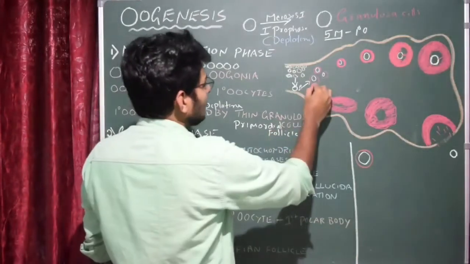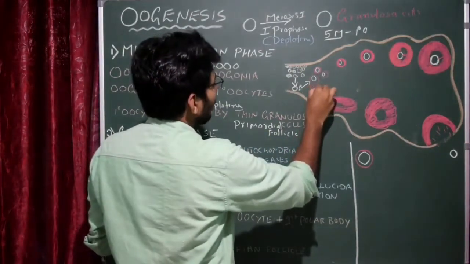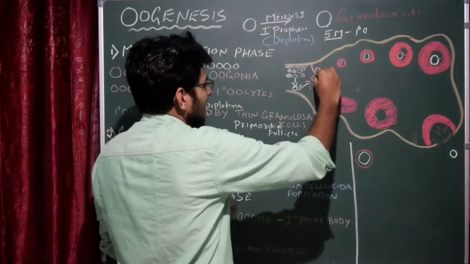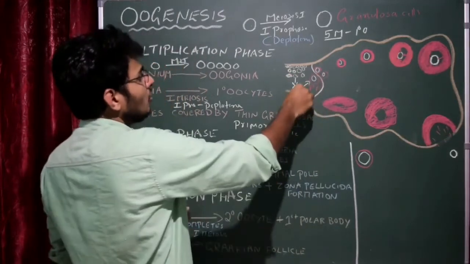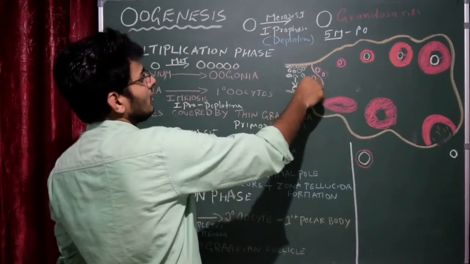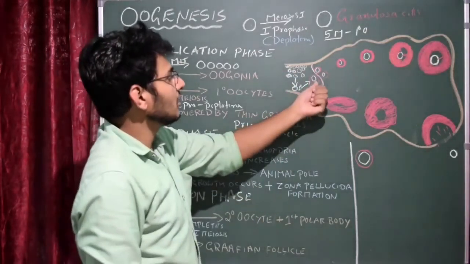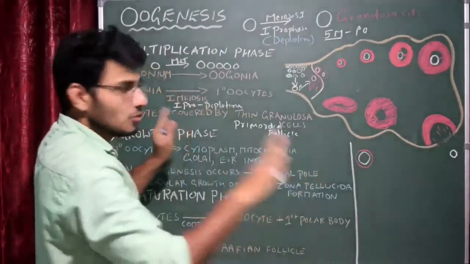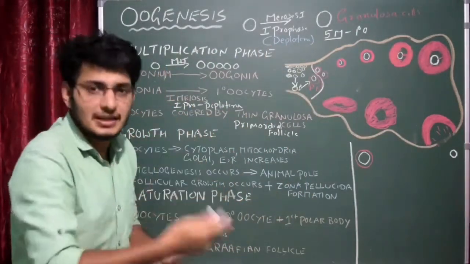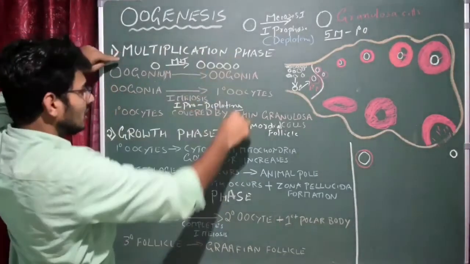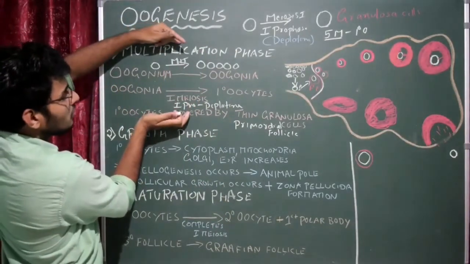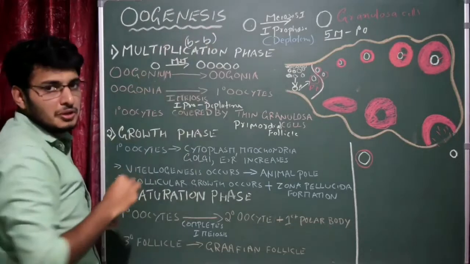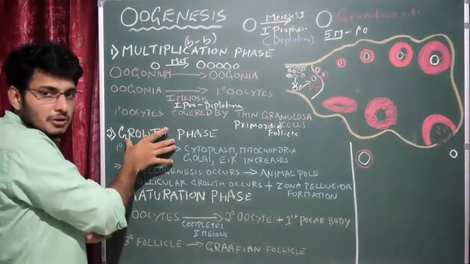So this is now the primordial follicle. I'll separate it. Here I have taken one primary oocyte and one primordial follicle. That is the transformational change. Each primary oocyte is surrounded by granulosa cells. This is the thing to remember. Now let us imagine the birth has happened, the female birth has happened. The multiplication phase occurs before the birth. Everything occurs before the birth. Remember, before the birth. Now after the birth, the growth phase occurs.